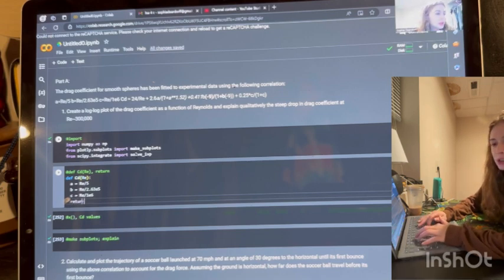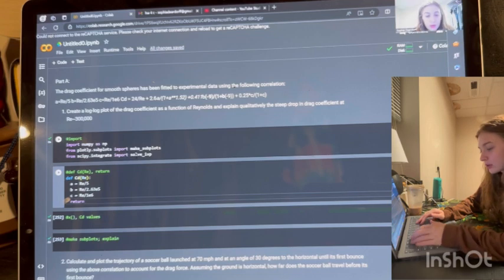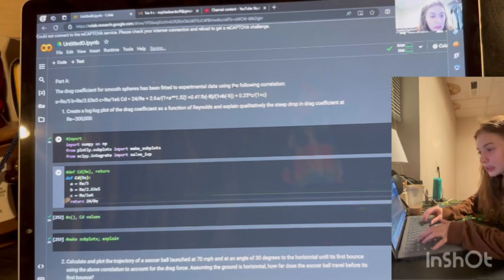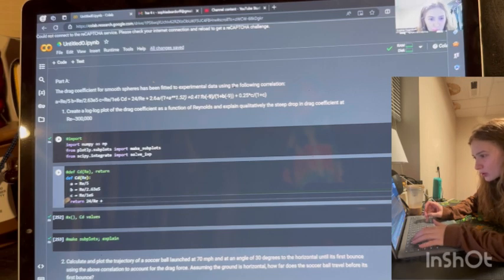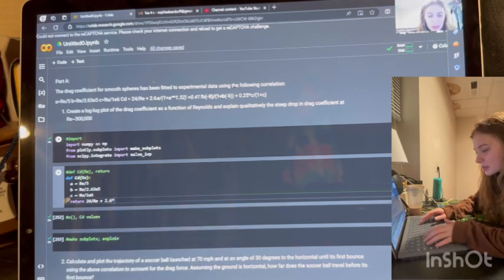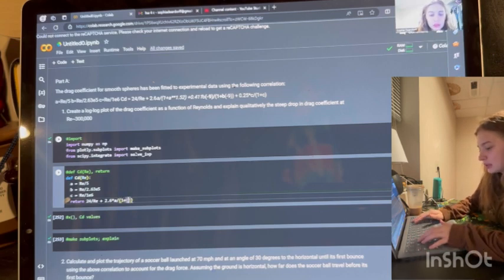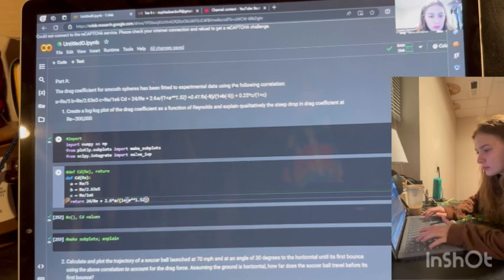And then we're going to return our 24 over Re plus our 2.6 times A divided by 1 plus A to the 1.52